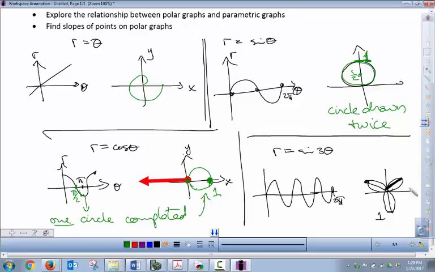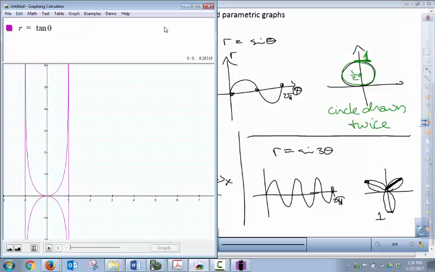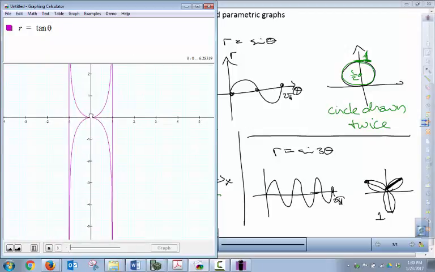If you try graphing tangent on the polar coordinate graph, then see how it's going to look. So instead of using the graphing calculator, I have this other program called, well, Graphing Calculator. So this isn't quite a square, but